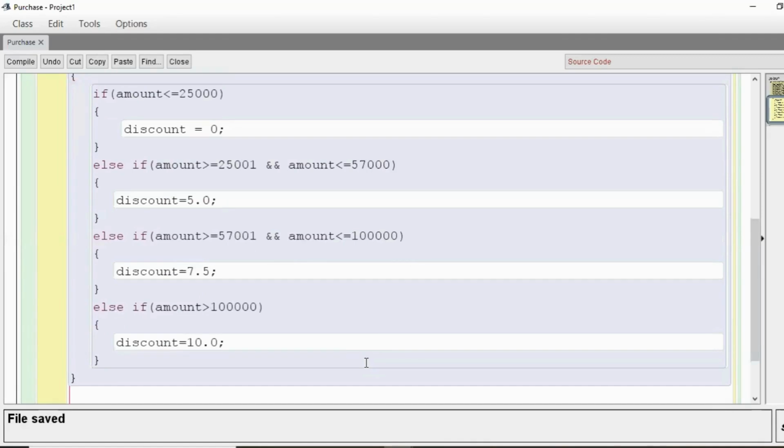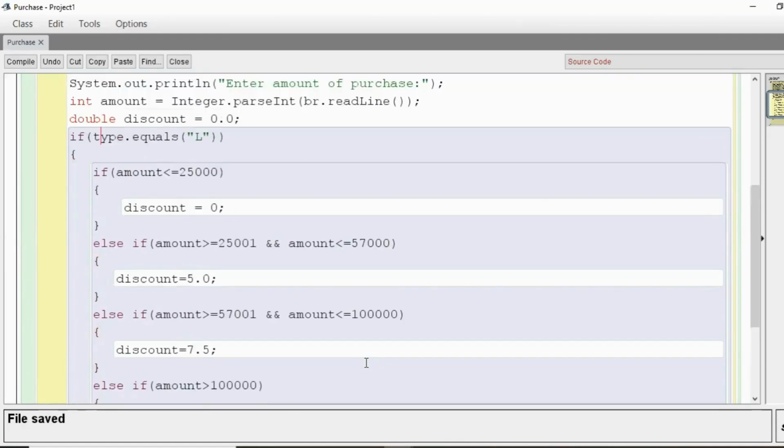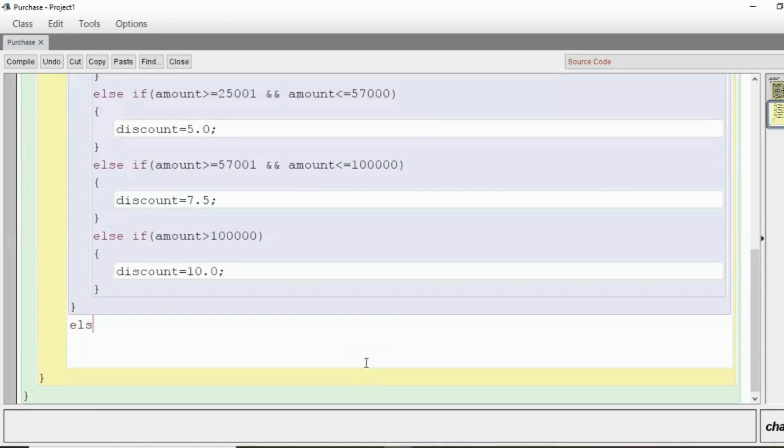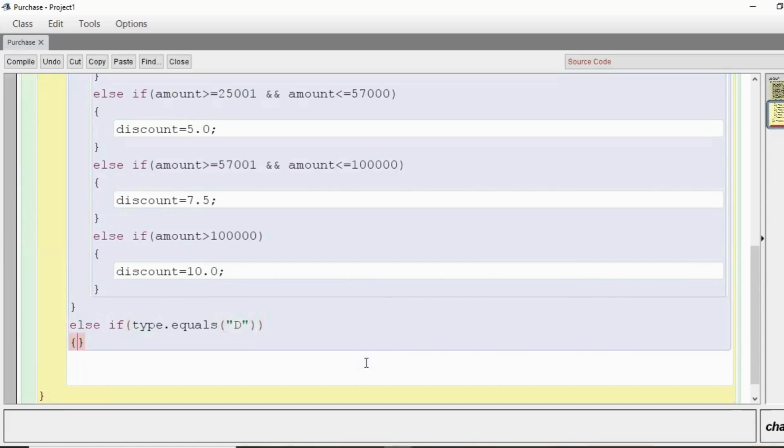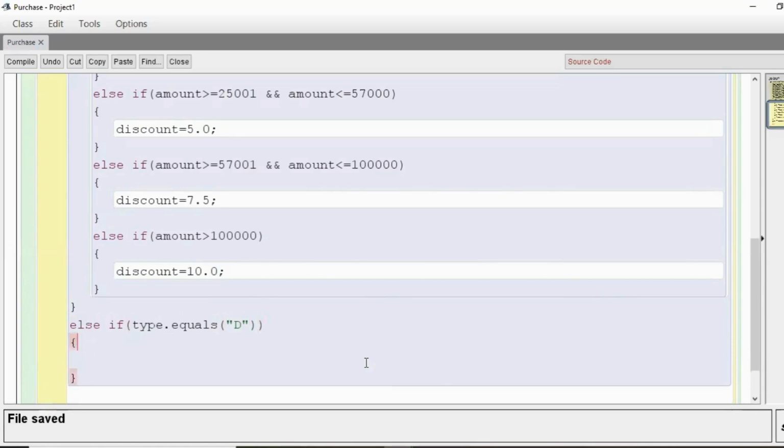Now we will just come here for the outer else if. Like this one was for the type. If the type was equal to L, then we have taken this. If the type is changed, like I'm taking else if, and I'm taking type dot equals, and I'm taking the type D. So here we will take if